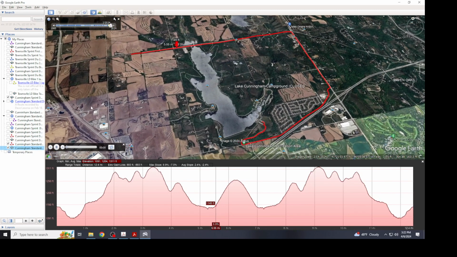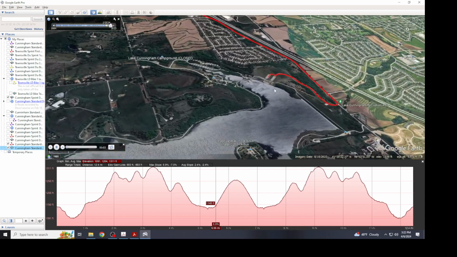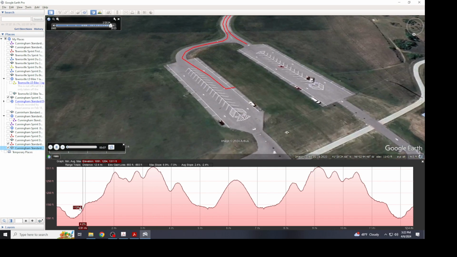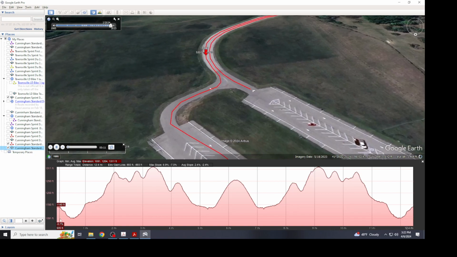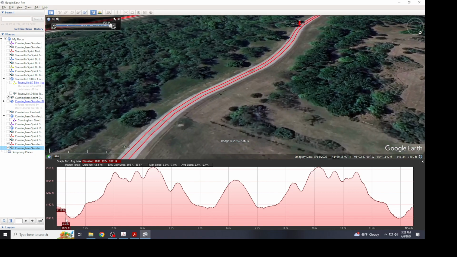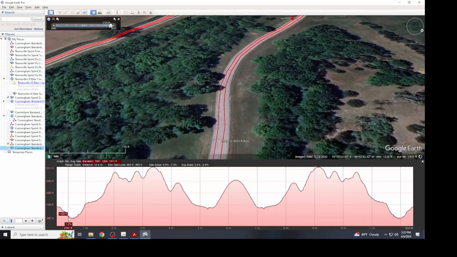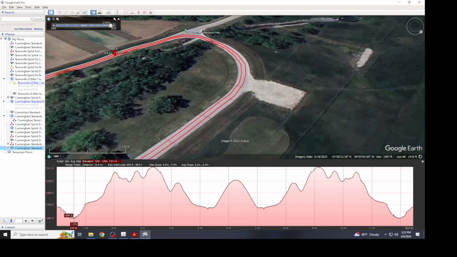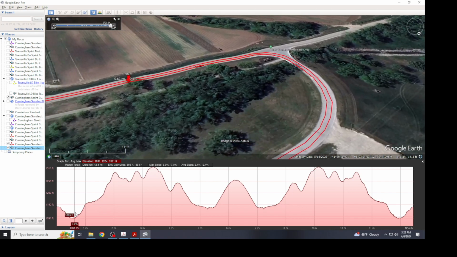And as we do that, we're going to zoom in down to the transition area. And what's going to happen is you're going to see the mount line there. And the tour is going to begin shortly, but I'm going to try to keep up with the cursor so that you could see as you're following that profile on the bottom what that gradient and distance is along each section of the course. Now we're coming out of the Park Road itself and we're going on to Lake Cunningham